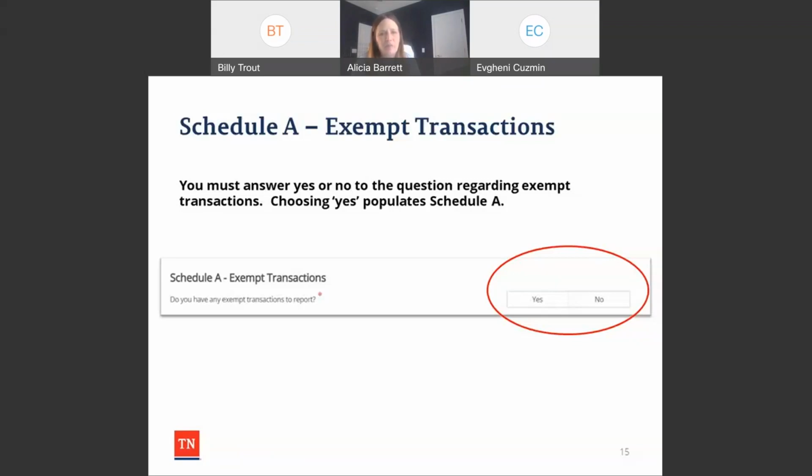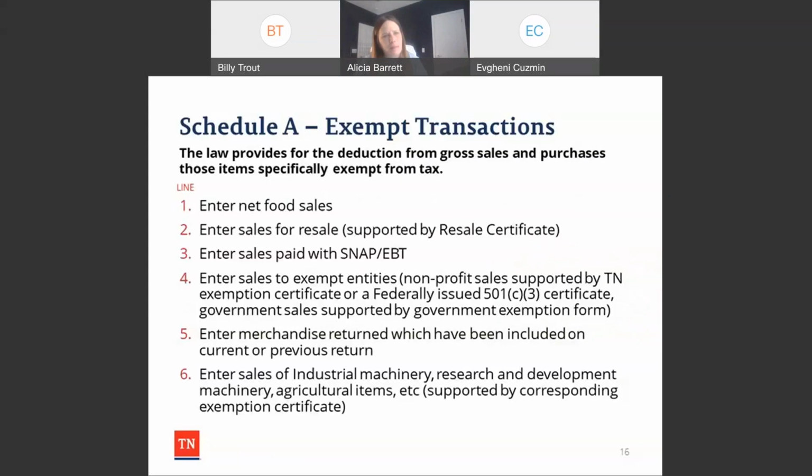You do have to answer this question though. It is a yes or no question. If you just wanted to look through the Schedule A, make sure that there's nothing that applies there to you, you could answer that yes and move forward and just look through those lines. Let's take a look at some of those lines now. So the Schedule A exempt transactions,